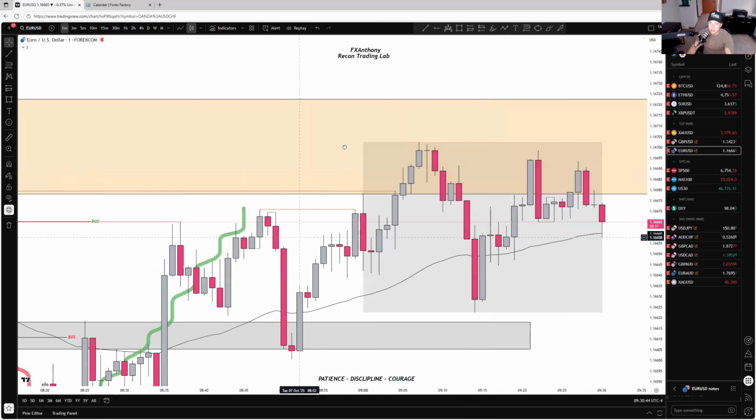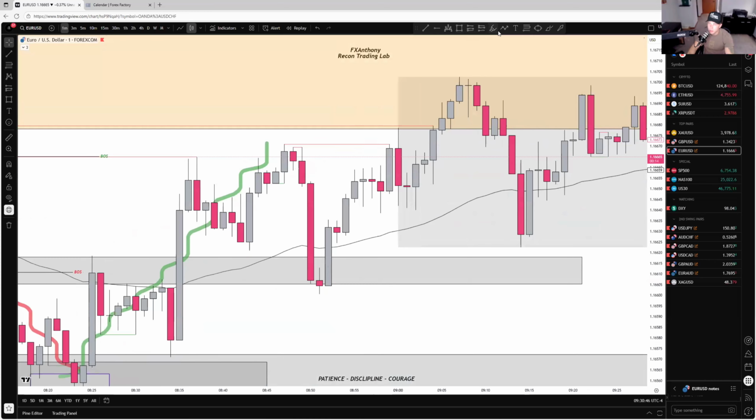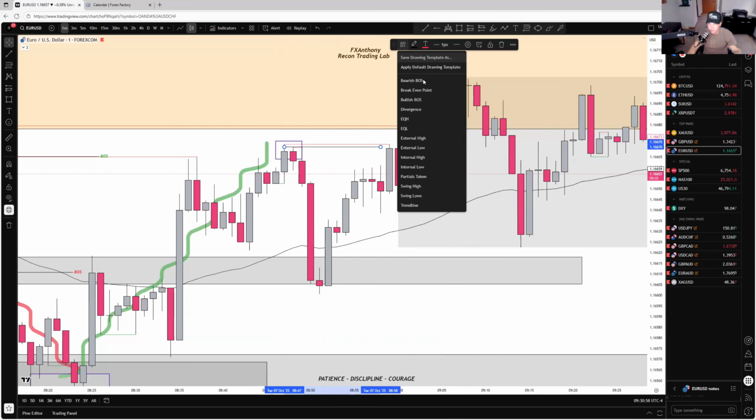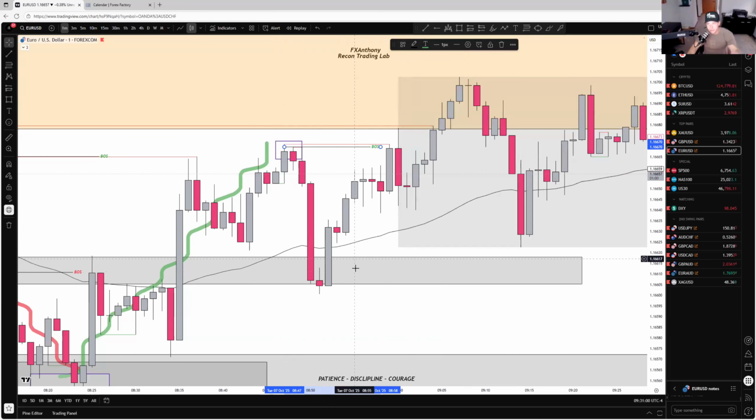So at this point, we need to see price go bullish, right? Remember, this is our bearish inducement, right? We need to see price go above this line here to confirm bullish on the 1 minute for added security. Why? Because it's added security. We're putting money on the line. You don't want to just throw money out the window, right? You want to make sure and confirm the entry signal.